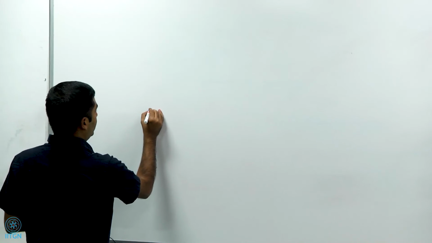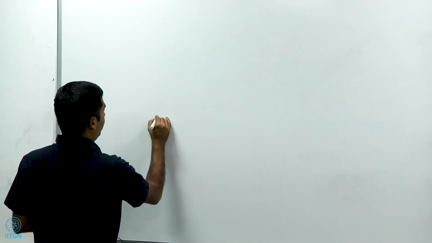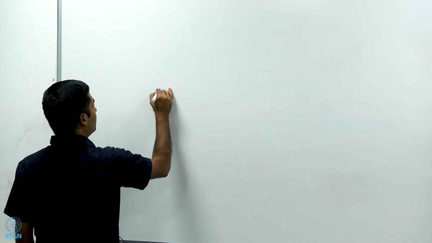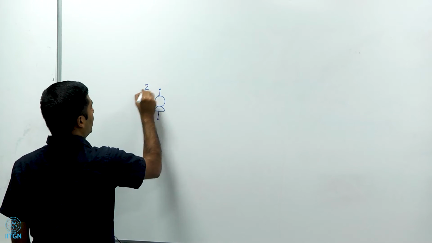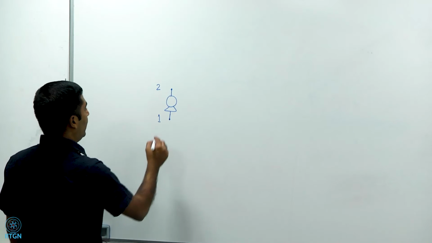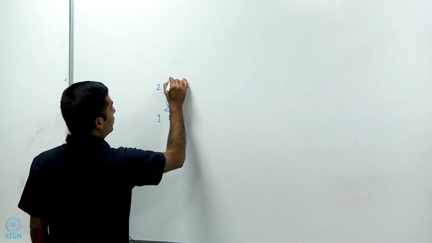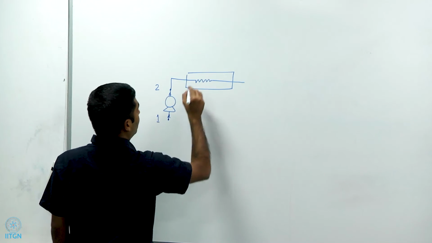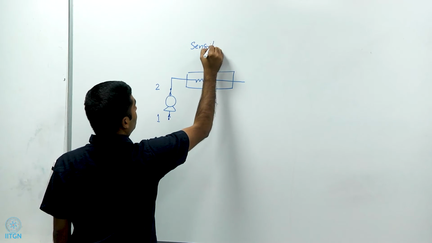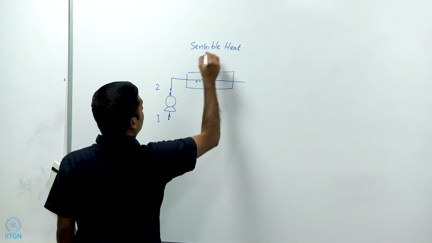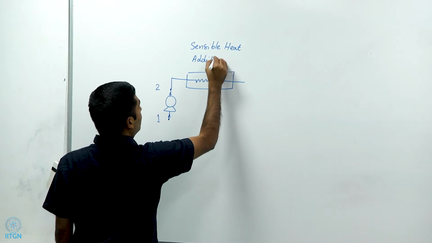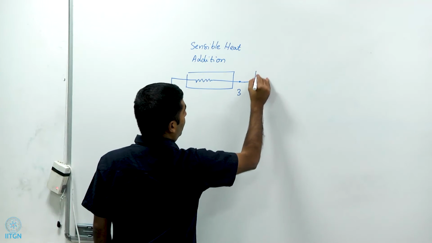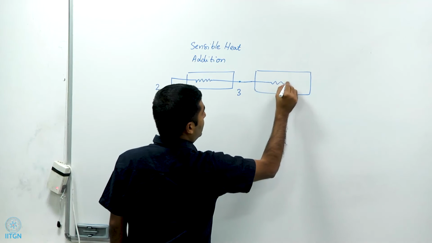We start from state 1, which is a subcooled liquid, and as I pointed out, we go through something called a boiler feed pump, which takes it to state 2, which is a high pressure, low temperature liquid, and from here we do a sensible heat addition. This is sensible heat addition. That takes us to a saturated liquid state 3, and then from there we do a latent heat